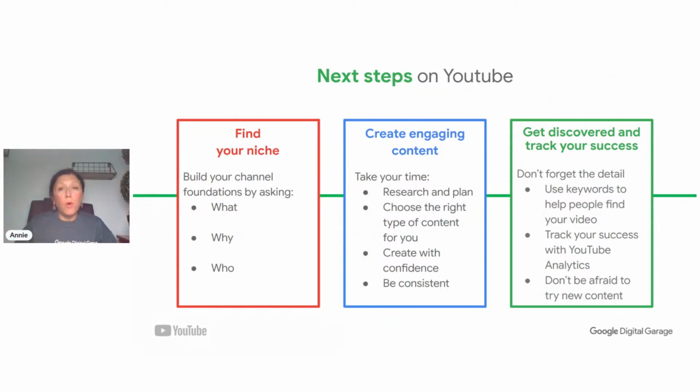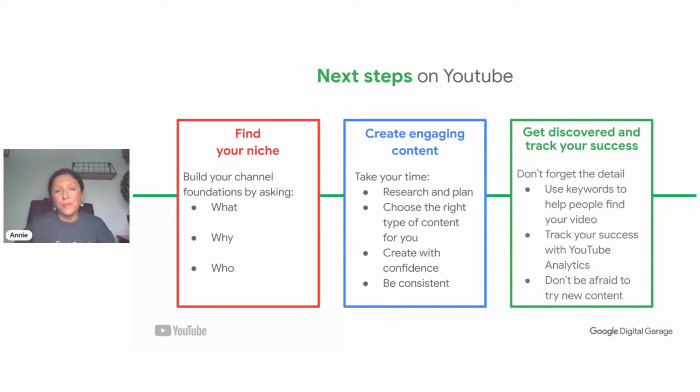Build your channel. Remember that what, that why, that who that we've talked about around your passion and your niche. Create that engaging content. Do that research, make those planned steps, that approach that takes it into an organized set of content. Make sure it's the right type of content, the right length of content for you and your viewers. Create with confidence, give it a go, because what have you got to lose? You could find your whole tribe, your whole community that will be right behind you. There's nothing more powerful than that. But keep it up, because people want to know you're there for the long haul. You're not just there for a one-night stand, you're there for the relationship.